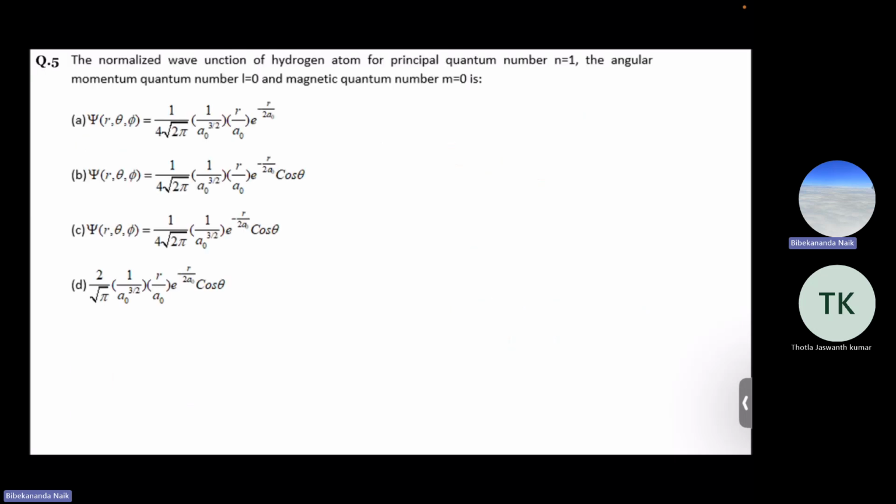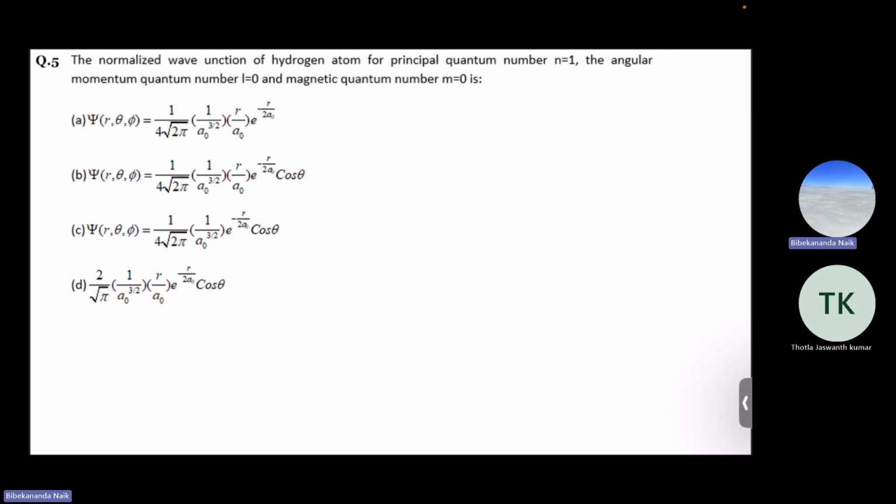Now I move to question number 5. Question number 5 says the normalized wave function of hydrogen atom for principal quantum number n equal to 1, the angular momentum quantum number l equal to 0, and the magnetic quantum number m equal to 0 is, options are